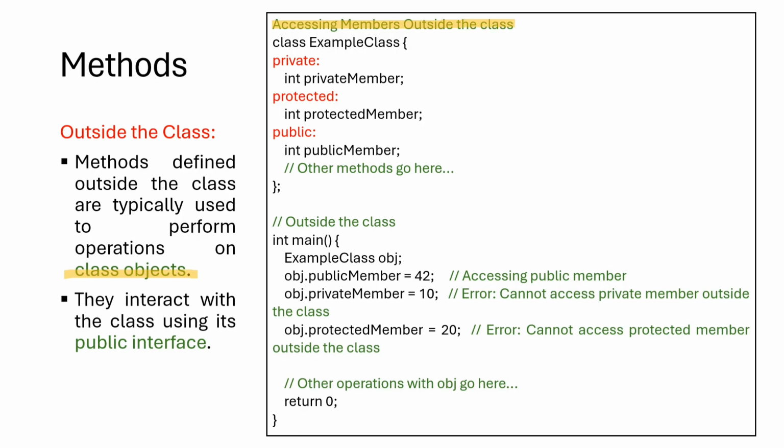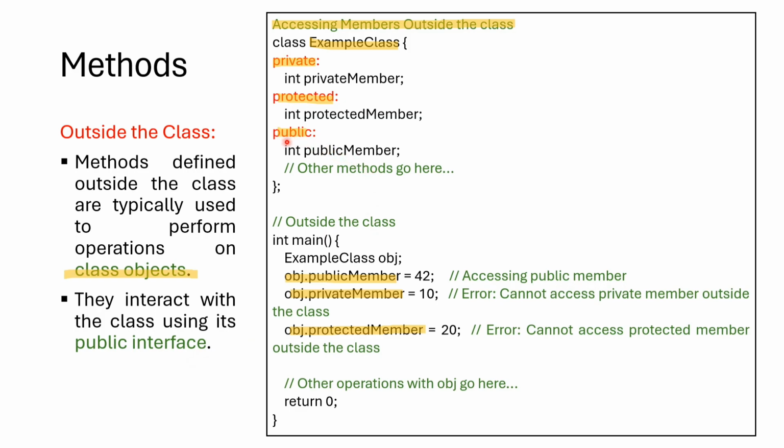Here we have the class ExampleClass. Inside this class, the private, protected, and public data members are declared. If you try to access this data from outside the class, we can do that by object.public_member, object.private_member, and object.protected_member. Since this method outside the class works with class objects, it can interact only with the public interface,